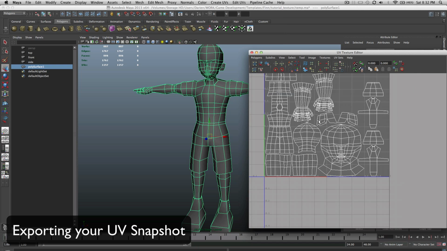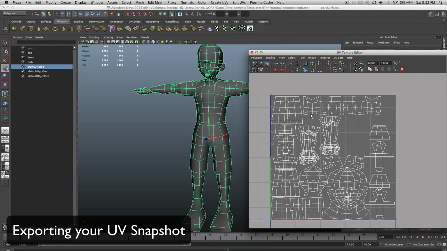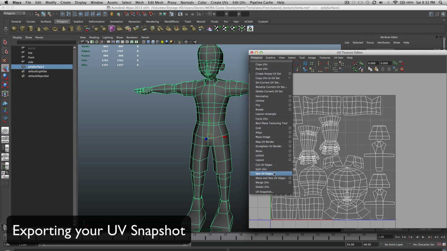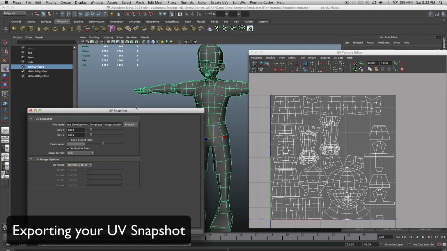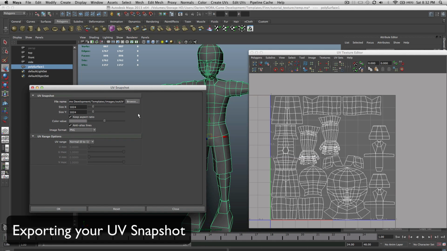you can see that we are already UV mapped. All we got to do now is just take a UV snapshot. Now, with a UV snapshot, you can set the size to anything. It should be a multiple of 8, so that means 8, 16, 32, 64, 128, 256, 512, 1024, 2048, all multiples of 8. And for this case, we're just going to make it 2048 because we just want a little